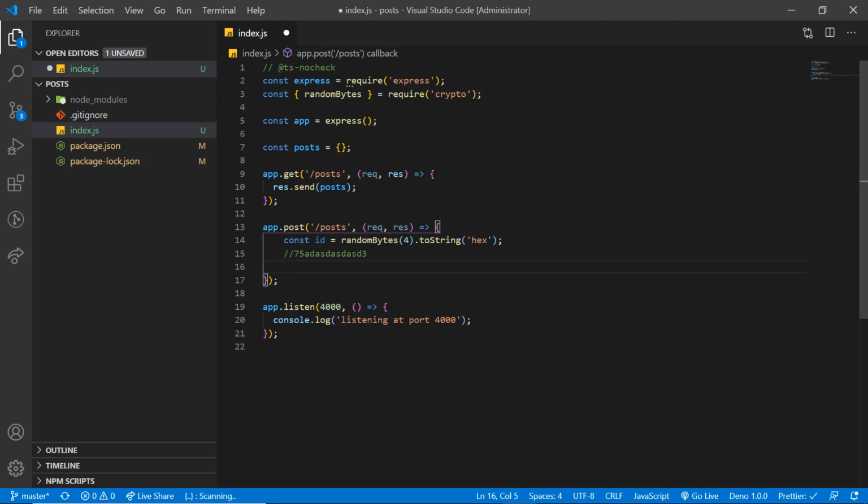Remember, we are making the assumption here that whenever a user makes a request to this route, they are going to send a body that must have a title property. So for that, let's create a const called title, which should be equal to request dot body.